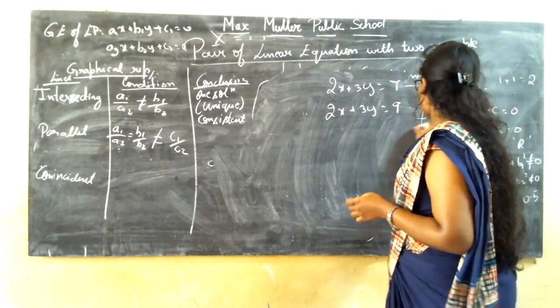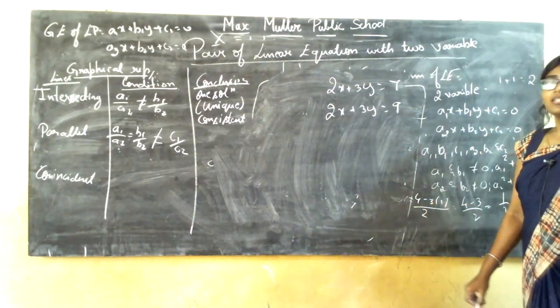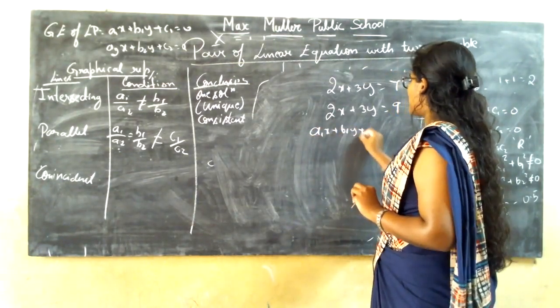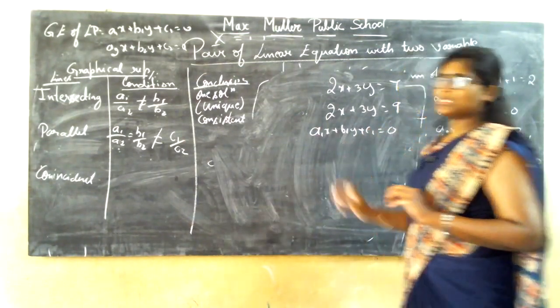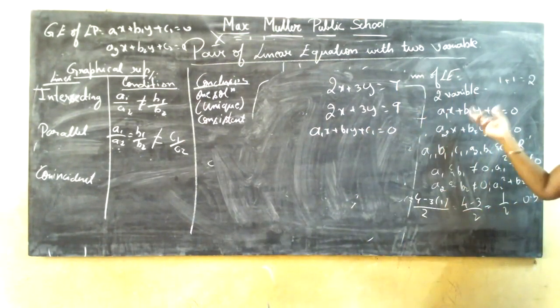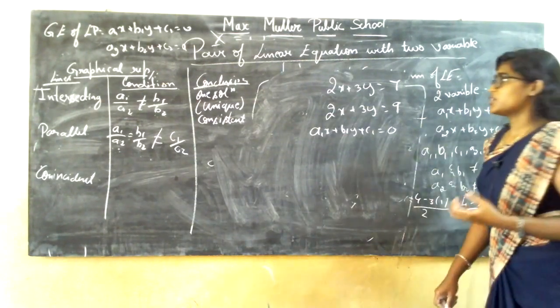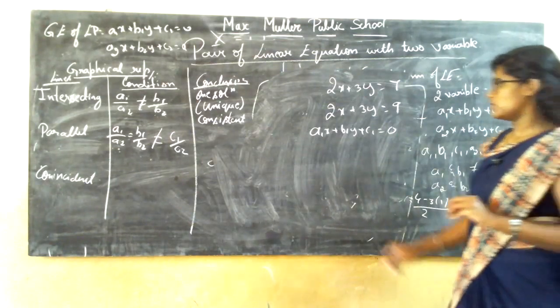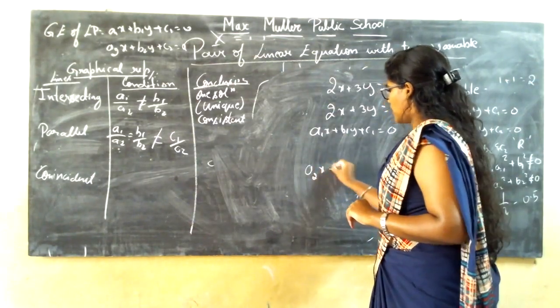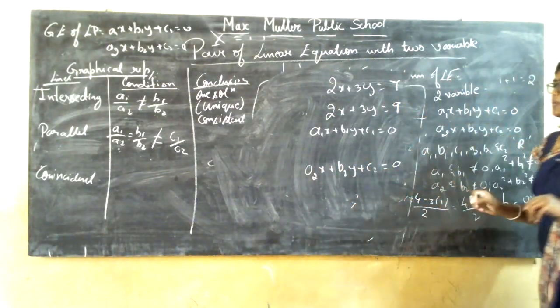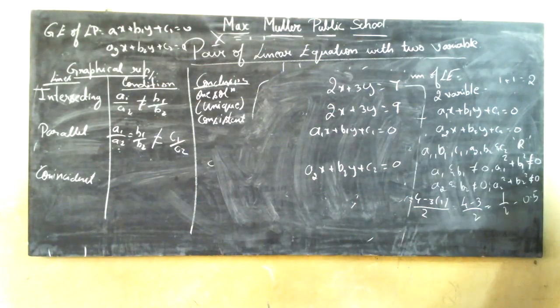So what is the first thing you are going to do? You are going to write the general equation. So what is the general equation given as? A1x plus B1y plus C1 is equal to 0. So this is the general equation. Now the thing is which one to take as the first equation and which one to take as the second equation. It is your choice. Whichever you want, you can take it as the first equation, and whichever you want, you can take it as the second equation. But do not take the first equation as same as the second equation. You should take both of them as different. So the second general equation is given as A2x plus B2y plus C2 is equal to 0.